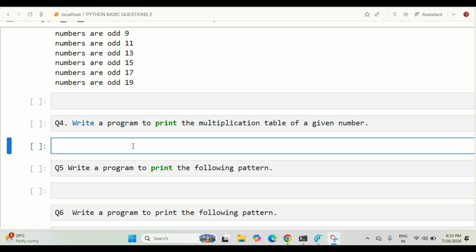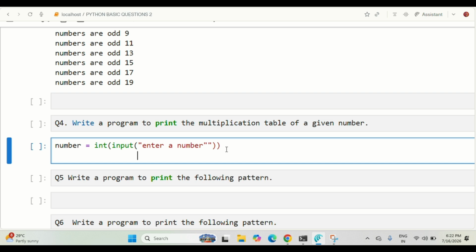We'll create a variable called number is equal to, we'll take input in an integer form, int is equal to input, enter a number, let me give it in a string, double quotes, and then for i in range 1, 11,